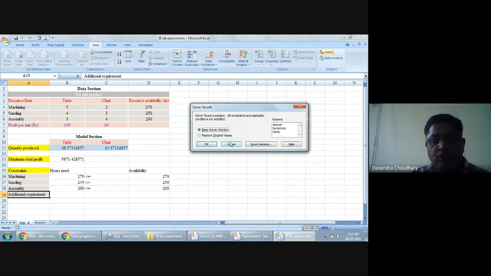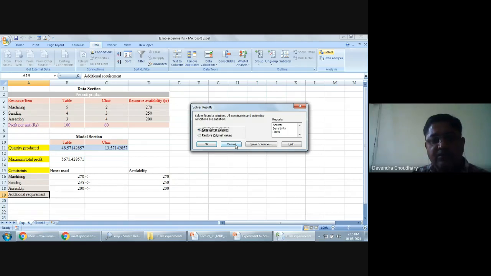So to have integer values of the solutions, we have to define an additional constraint that I am going to show you. You can keep the Solver solution and press OK. You can also perform sensitivity analysis, but I am not going to discuss that right now.